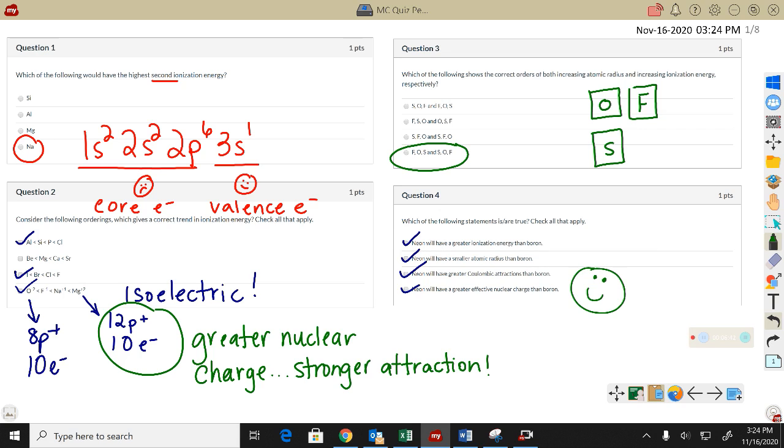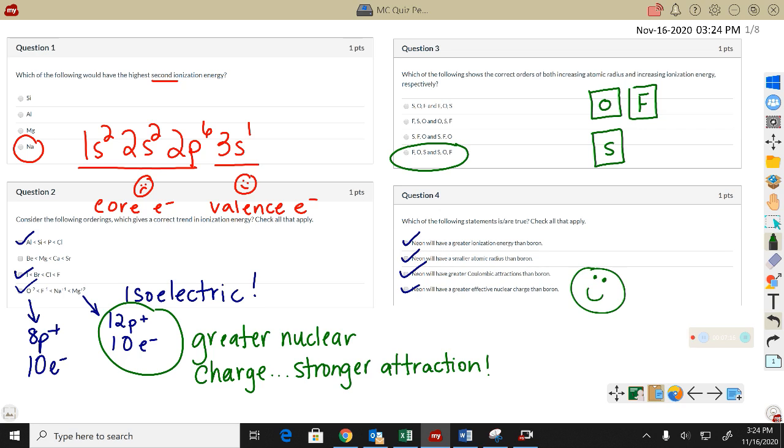This is how I'd have to explain it in a free response question. You could say there's a greater Coulombic attraction, meaning that neon has more protons, more electrons, it's got stronger charges, and really the radius initially is pretty similar between boron and neon, as they're just filling the second energy level. And yeah, once I get more protons and more electrons, that attractive force gets stronger and the radius shrinks a